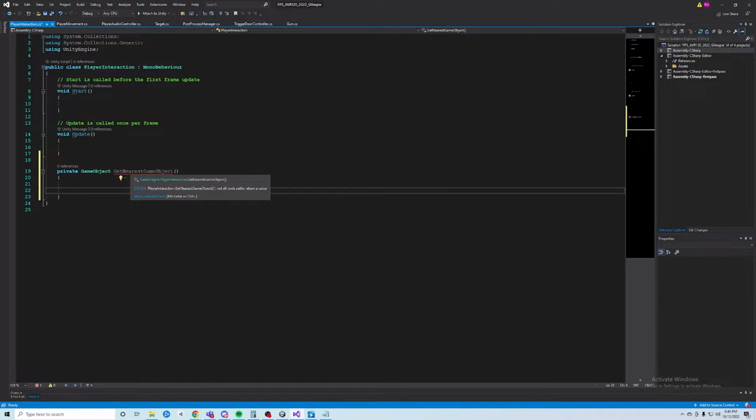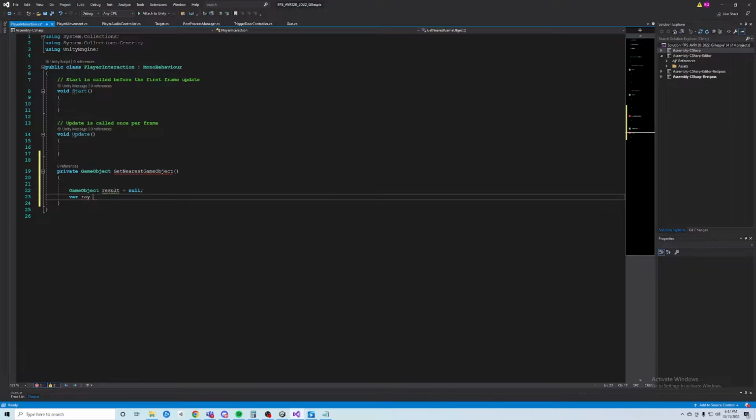We're getting an error because it needs to return a game object, so we'll set that up here. The first thing we're going to do is declare a game object, and we'll call it result, and we'll set it equal to null at the start. This will hold the game object that we get when we're doing our detection. We'll create a ray variable here, and we will set it equal to,